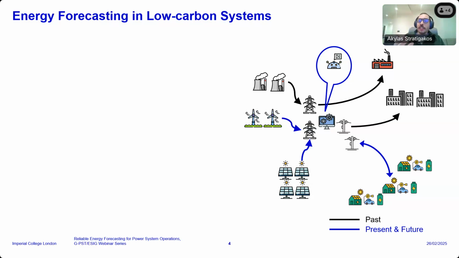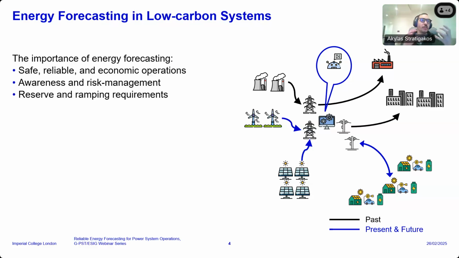So we hypothesize here that we can utilize the data that has become available through grid digitalization, and we can use smart methodologies such as artificial intelligence to maximize the potential of our current infrastructure. So energy forecasting in particular is critical for the safe, reliable, and economic operations of our system. It helps us improve our operational awareness and is the first input in risk management processes. And of course, we also use it in market clearing processes and service design, for instance, to decide how much